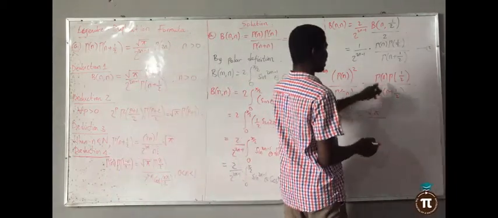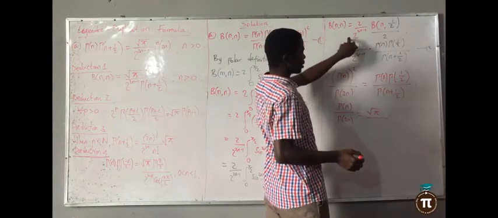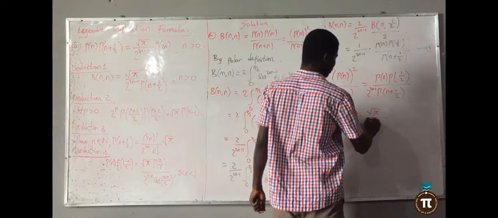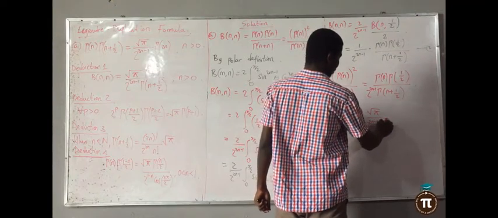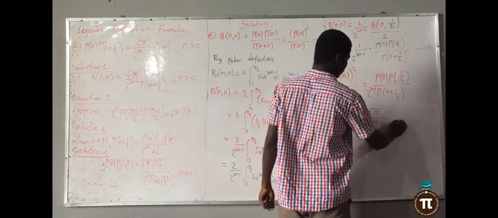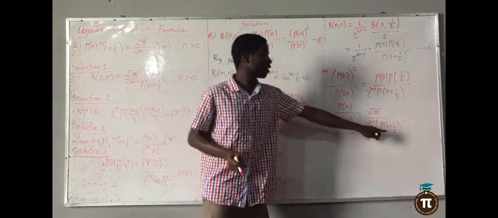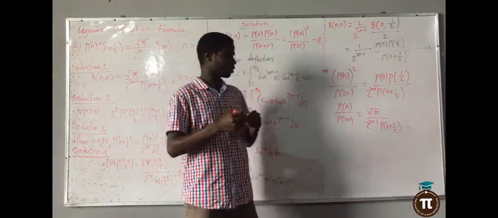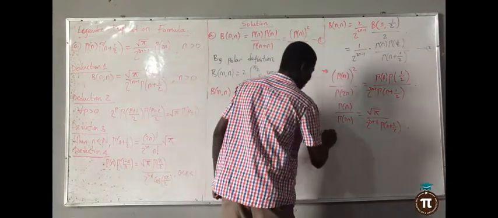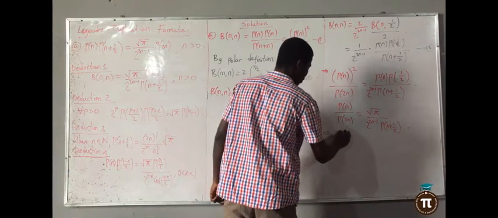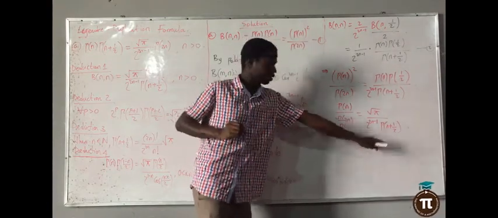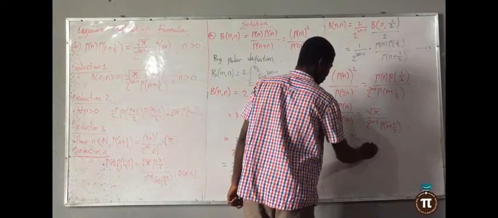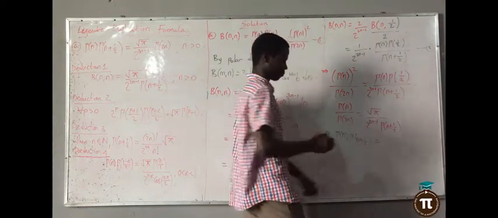So I've thrown something away. This 2 raised to the power of 2n minus 1, gamma of n plus 1/2. So let this gamma of 1/2 come here, and let this one go there. So that at the end of the day, without wasting time, this is equal to gamma of n, then this one, gamma of n plus 1/2 is equal to root pi